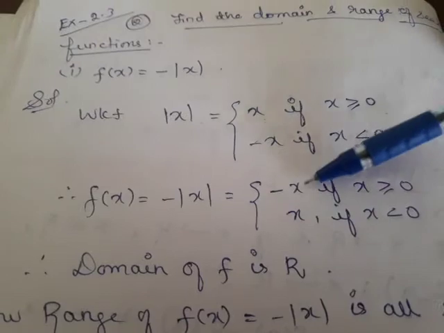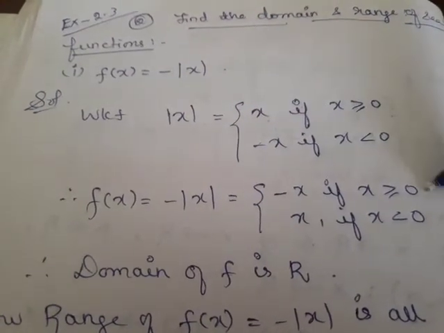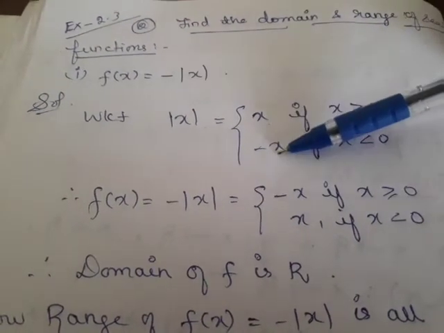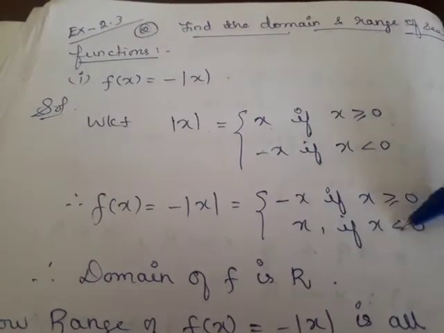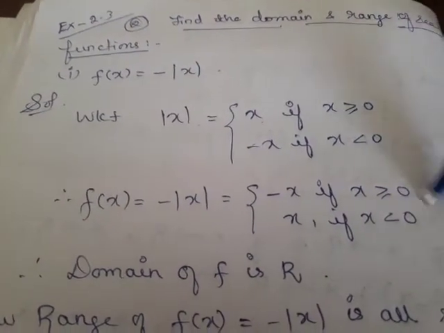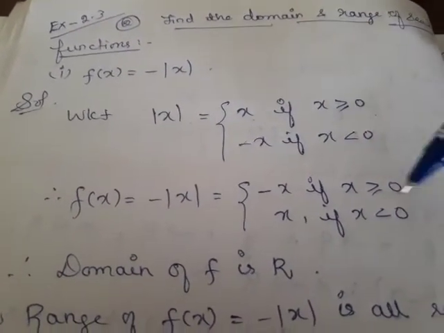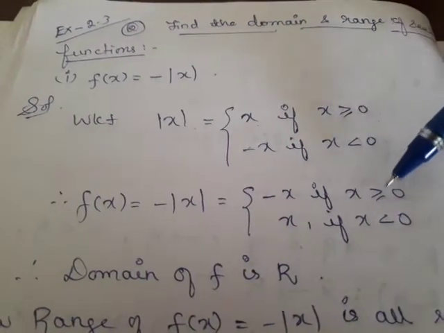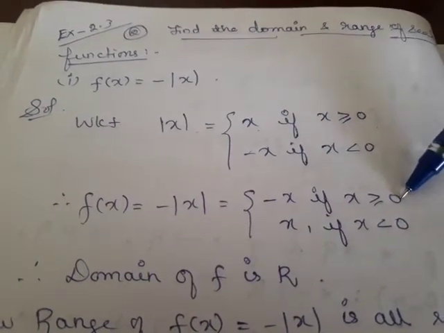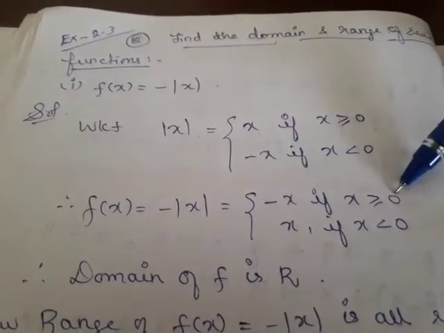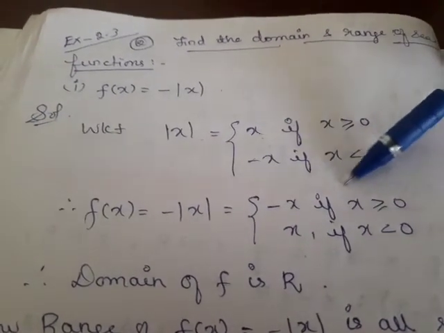This x will become minus x if x is greater than or equal to 0, and this minus x will become plus x if x is less than 0. Now analyze this definition carefully. When x is greater than or equal to 0, it is minus x, which means if we choose a number